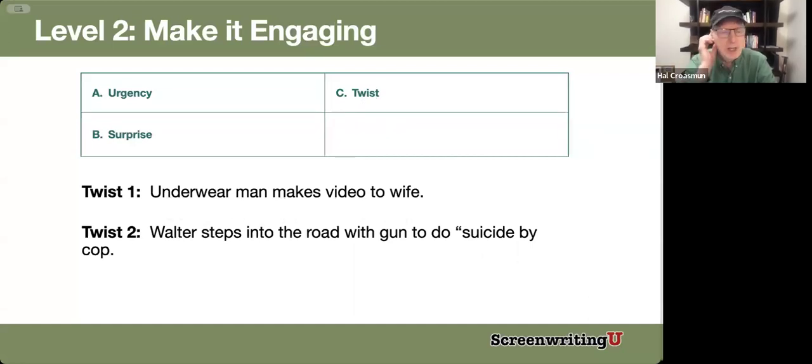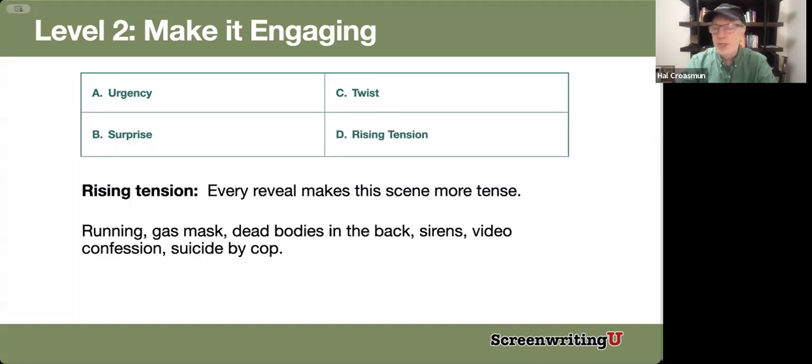So most people, I don't know what most criminals would do, but somebody popping out of that van at that point, I'm assuming they're going to keep running, but he goes back. And then he makes the video to his wife, and we get to see this is a real person. He's not just a criminal. He's got things going on here that matter to him, and it matters so much. That's the main thing he needs to do at that point. And then twist number two is him stepping into the road to end it. Now, then rising tension.